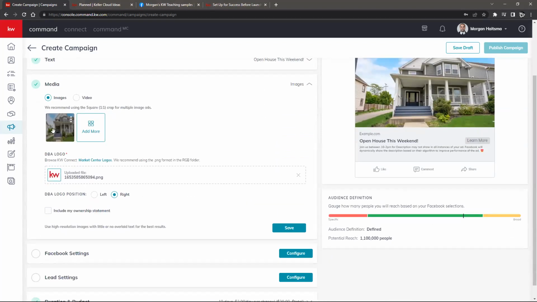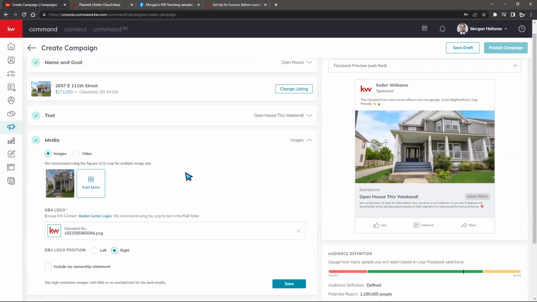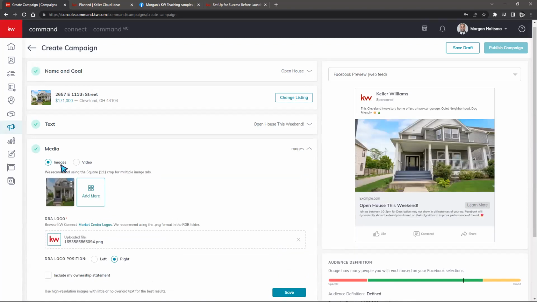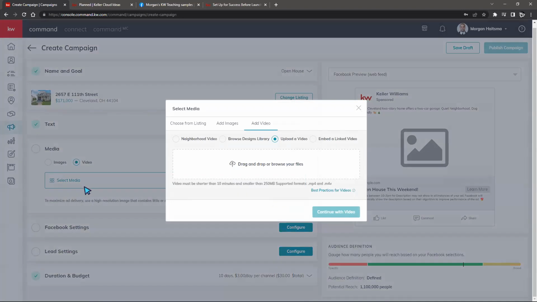media right here. So it says our media was configured, but that was really just because we pulled our listing in. But I wanted to add some additional content as well. So as you see right here, I can click on media and it gives me the option to add some more images. I could even add a video here in place of the image. Or I can have it be just a single image right here. So a scroll, single image, or video, you have these options. And I can go ahead and select some media right here